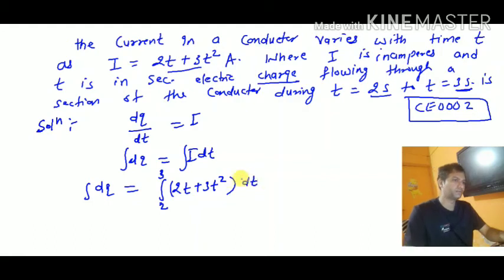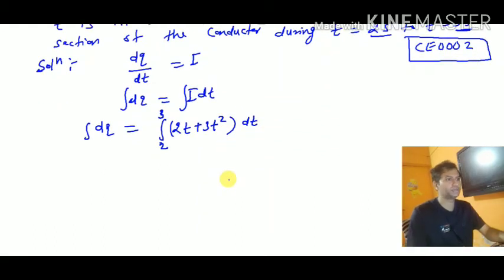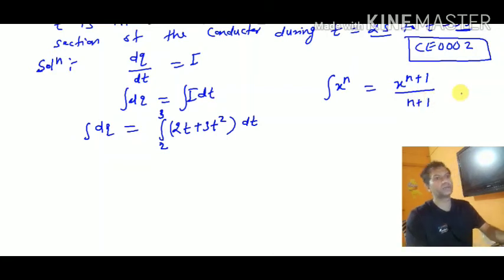Now for PCB students it is a bit difficult because integration is involved in this, so I am writing the formula which is used in this integration. Suppose I have a variable x raised to n, so if you integrate it, what you will get? x raised to n plus 1 divided by n plus 1. This is the only formula we will use in this equation. It's not very difficult integration, where n is the power, you can see here.